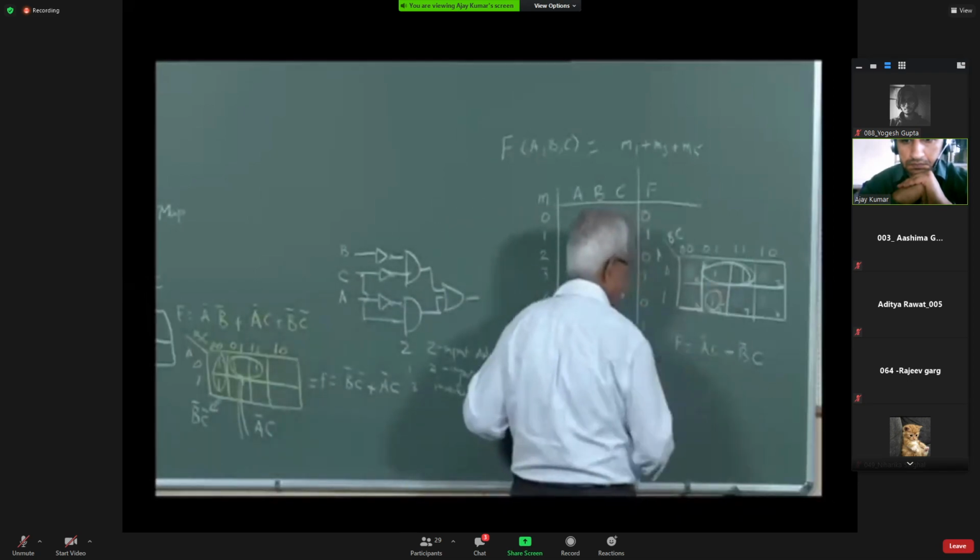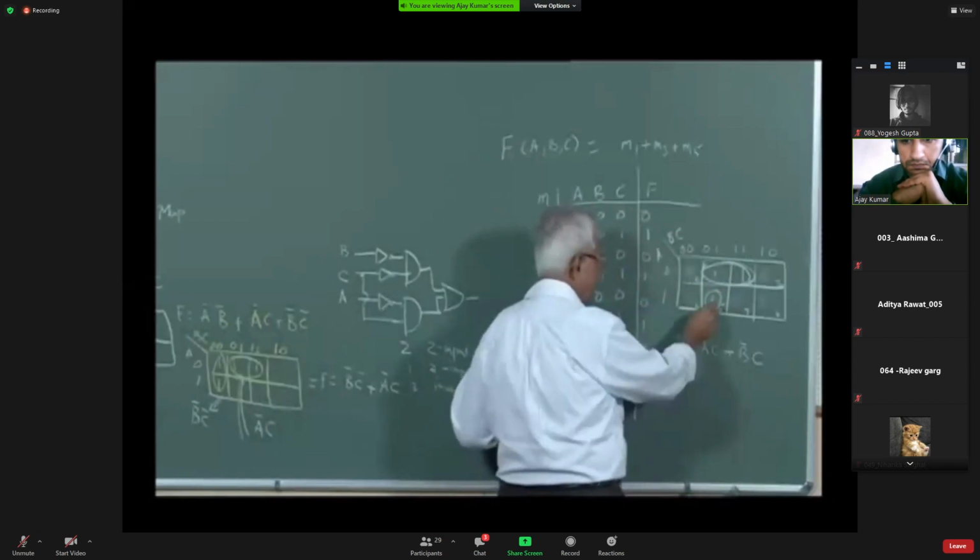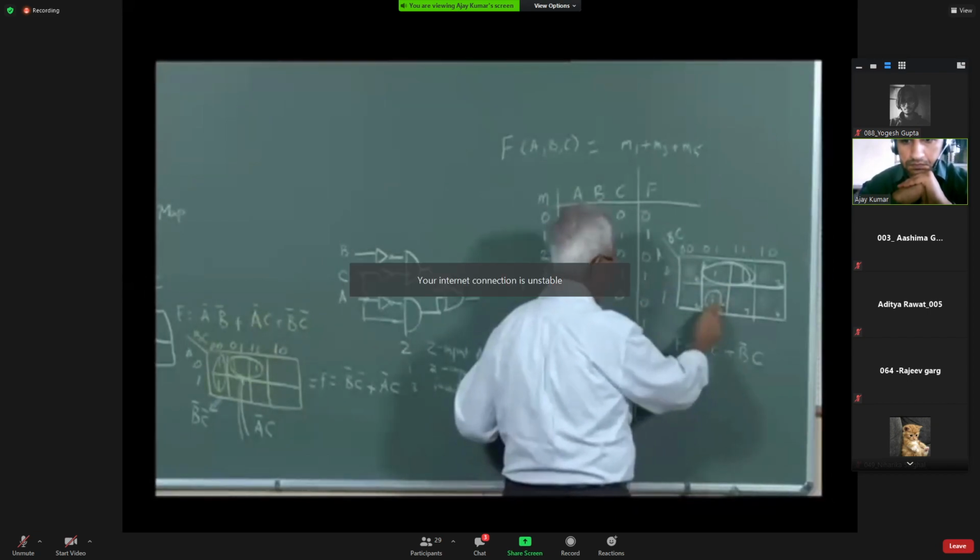This is also right, but this will have 3 terms. This is A, B bar, C.